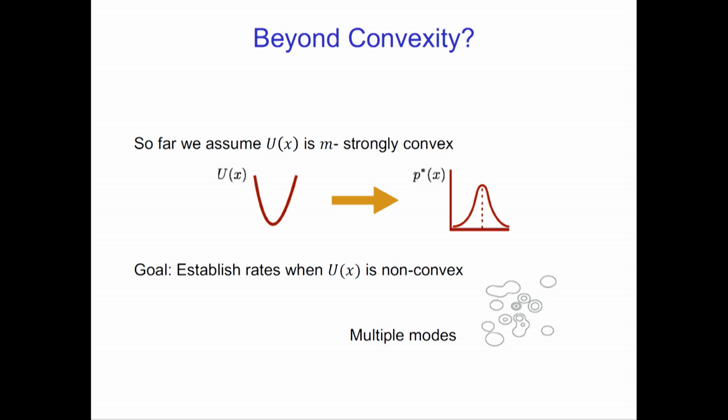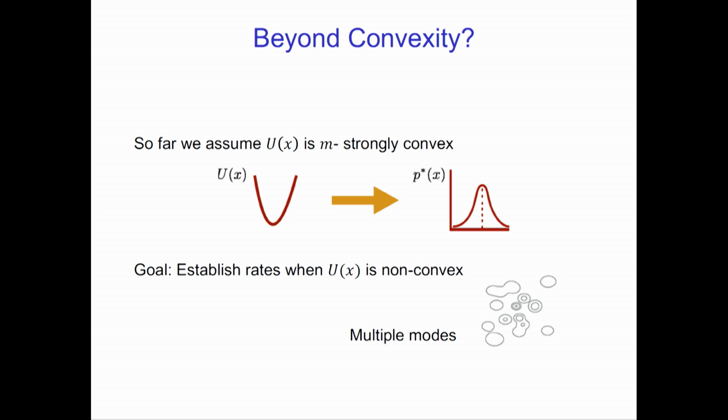Okay, so I'm near finishing. Let me just give it, again, even shorter snippets now of some of the ongoing work. That work was for the convex case, and most of the MCMC work has been for the convex case. But now there's an emerging line of research on non-convex MCMC, and one way that's been very useful to analyze this is